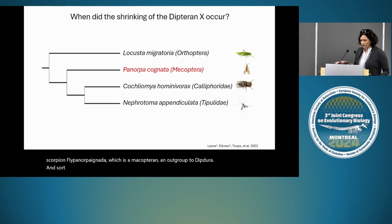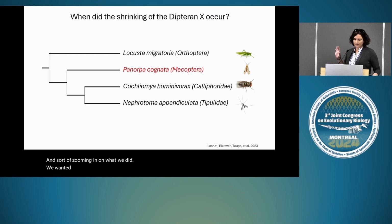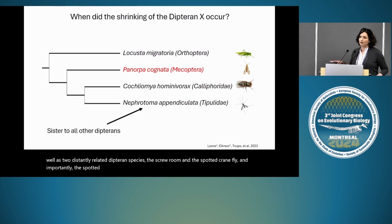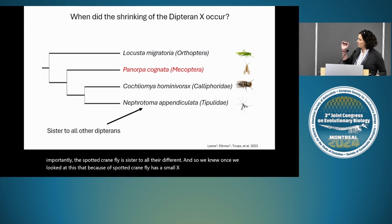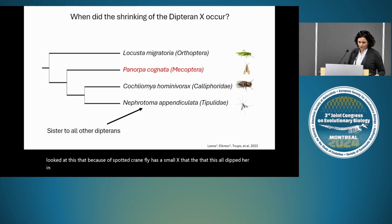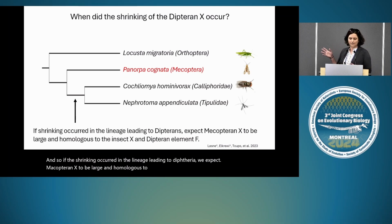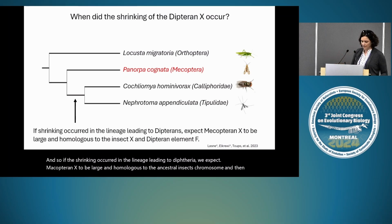And zooming in on what we did, we compared Panorpa cognata to an outgroup, in this case the migratory locust, as well as two distantly related Dipteran species, the screwworm and the spotted crane fly. Importantly, the spotted crane fly is sister to all other Dipterans. So we knew that because the spotted crane fly has a small X, all Dipterans share this really small X chromosome. And so if the shrinking occurred in the lineage leading to Diptera, we expect the Mecopteran X to be large and homologous to the